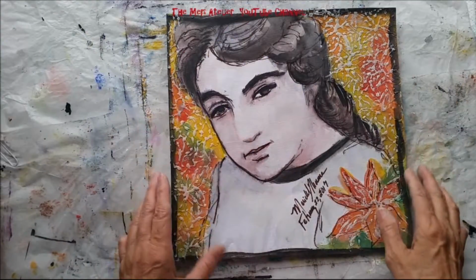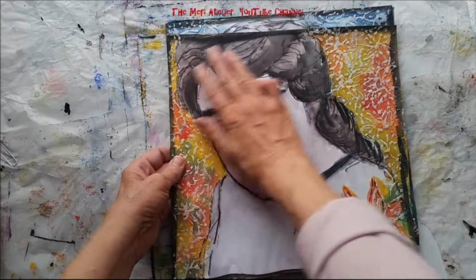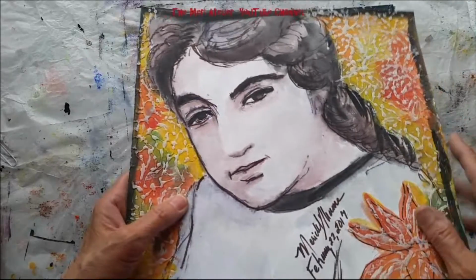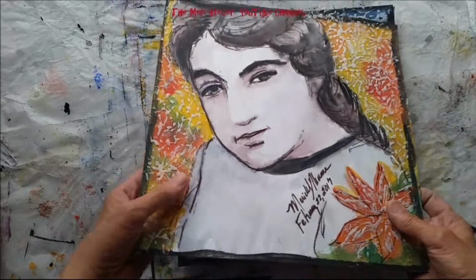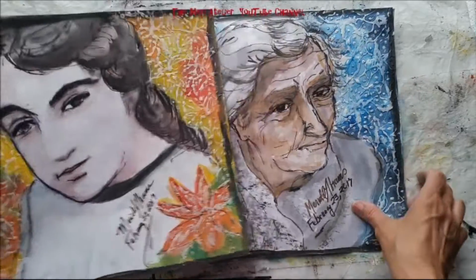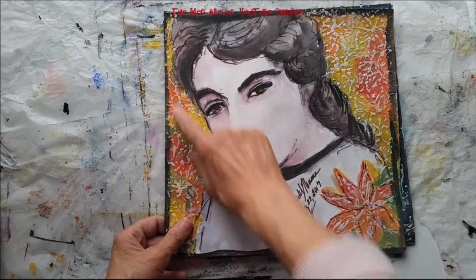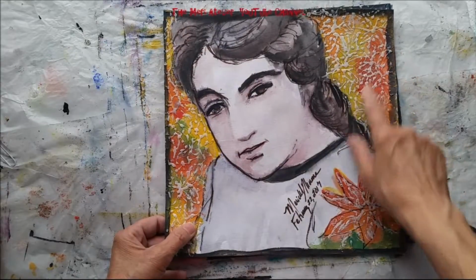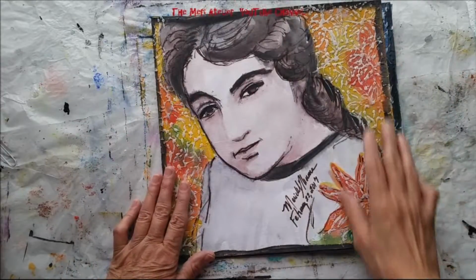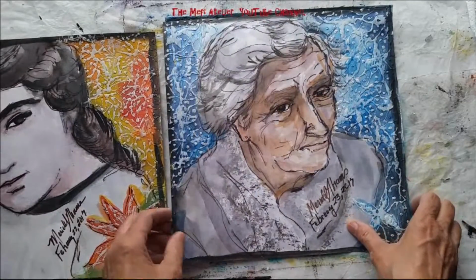Here are my finished pages. I'm really happy with them. I really like this technique of adding texture with a fine line paint applicator. I sketched all 4 of the sketches first, and then I came back and put in the texture with the fine line paint applicator. I let that dry, then I came in and did the coloring, and then I came in and did